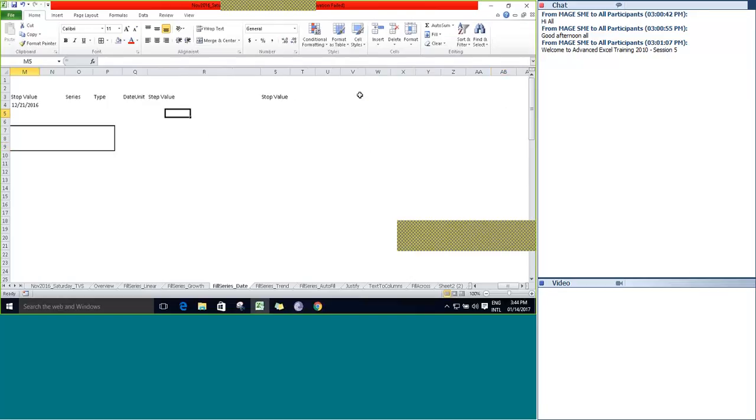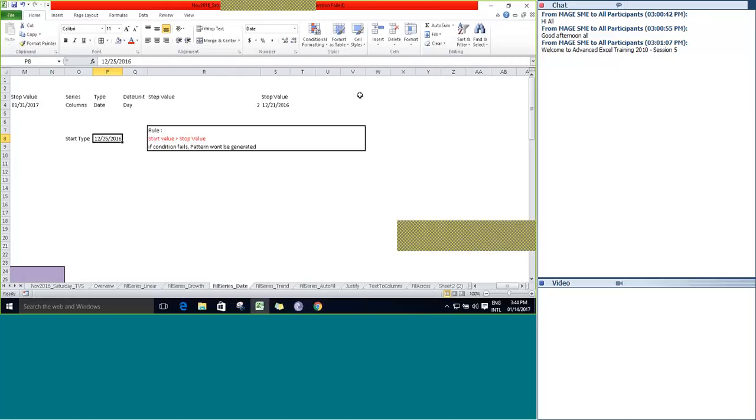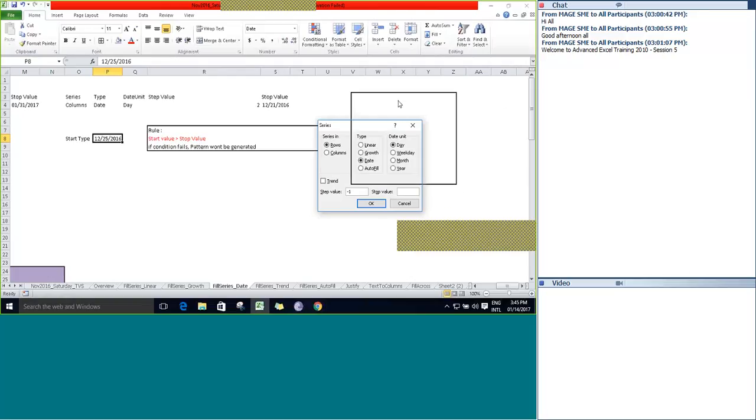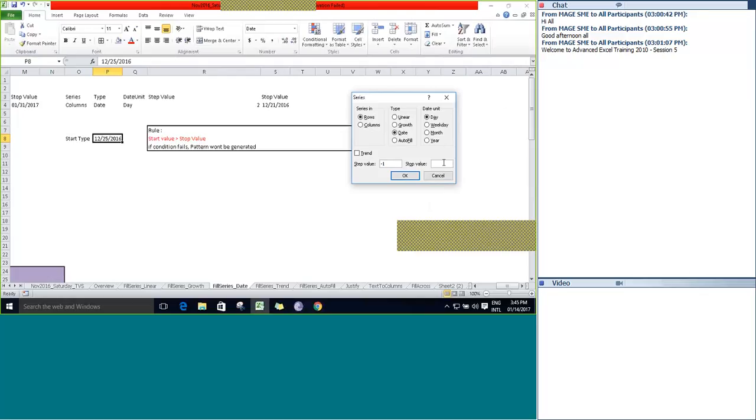See, just now I tried creating this. Once again we'll create with a value that is provided by you. Step value as -1, stop value as 12/21/2016, right? The start value is 12/25, the stop value is 12/21, and for the step value we have to provide the negative value.